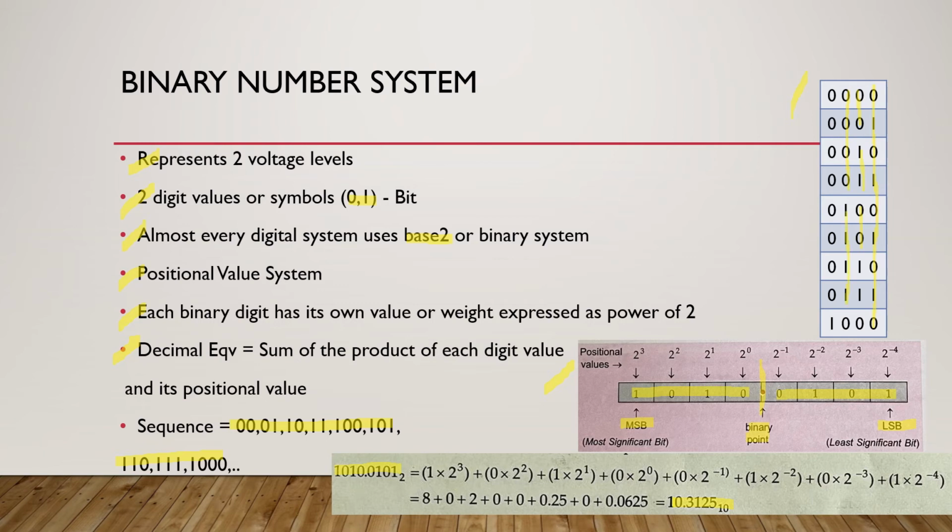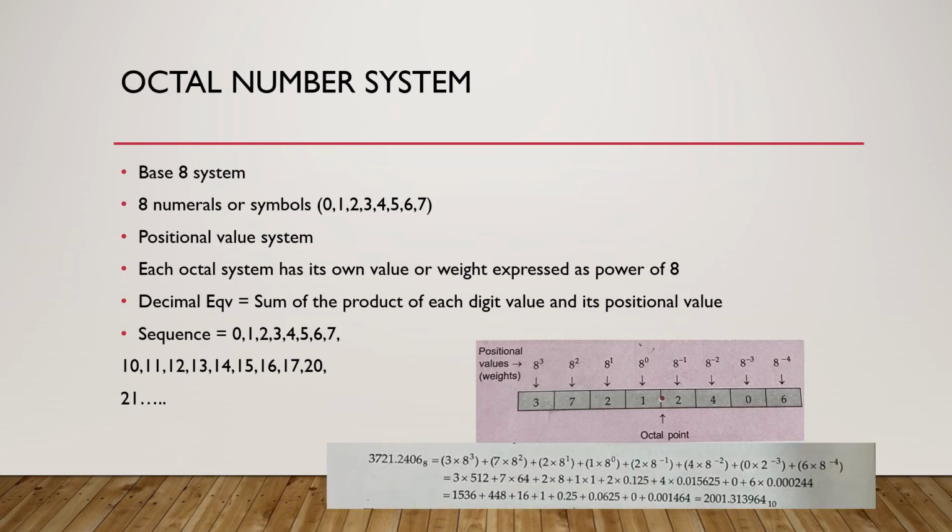And the fourth bit, which is the 2 to the power 3 position, stays at 0 for 8 counts and 1 for 8 counts. For further counts, the pattern will continue with zeros and ones alternating in groups of 2 to the power n minus 1. Here n is the bit position, like the 5th bit, 6th bit, and so on. Have a look at the octal number system.